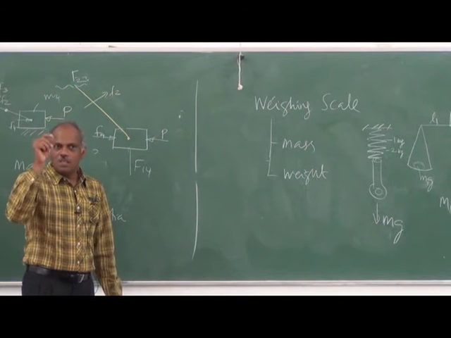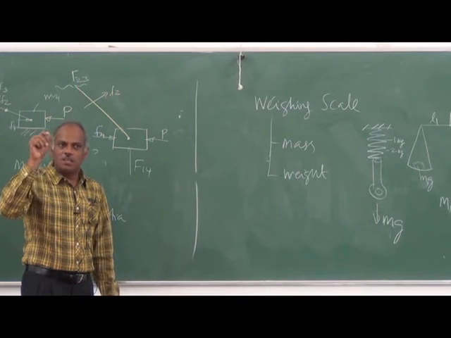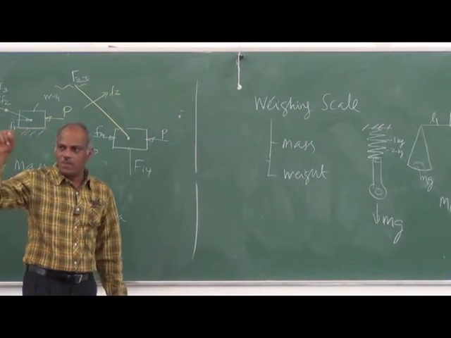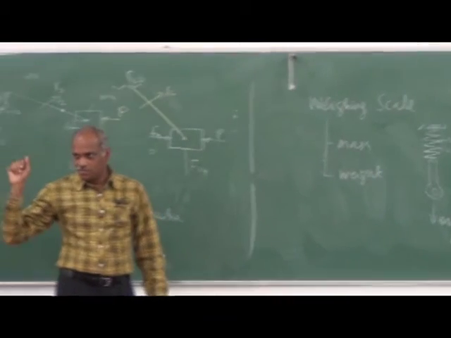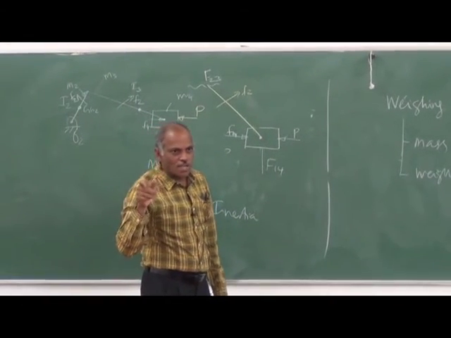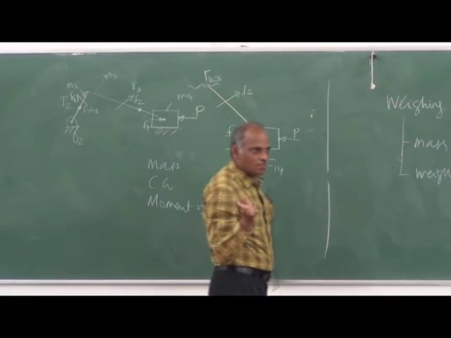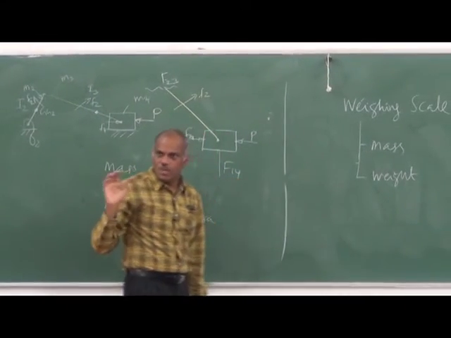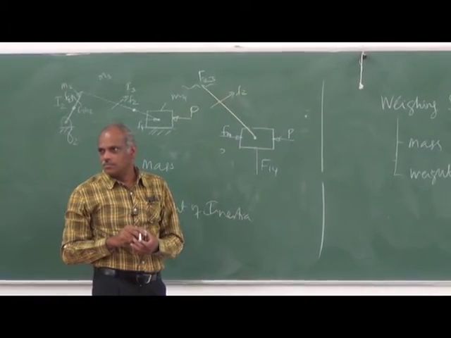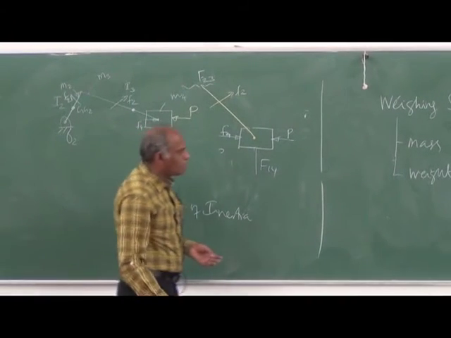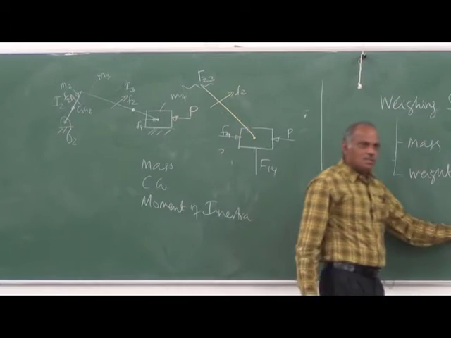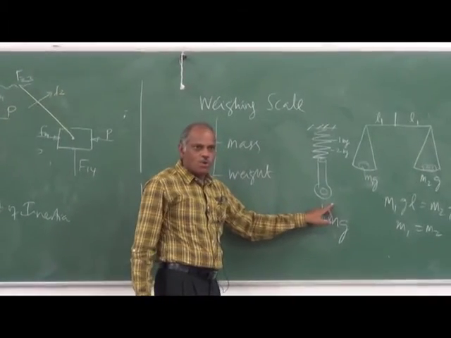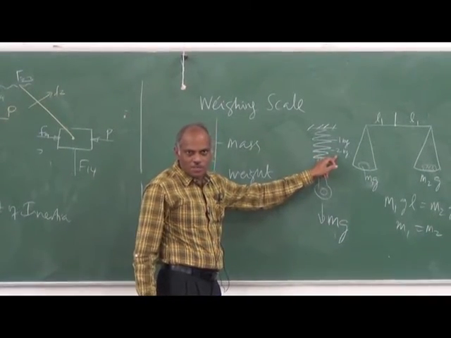So there in the calibration certificate it says that this is calibrated on a G value of 9.81. You have to correct it for the local G value. So the local G value is to be taken and the correction factor is to be applied. Okay? So this is responsive to the force, but it is calibrated for measuring mass.